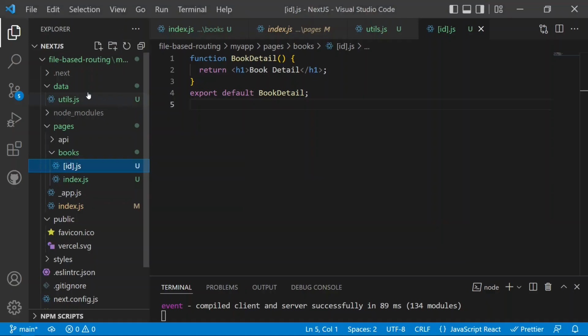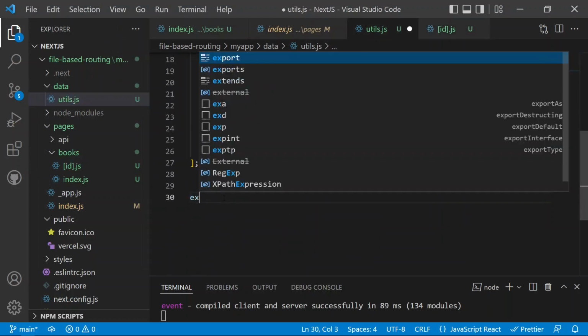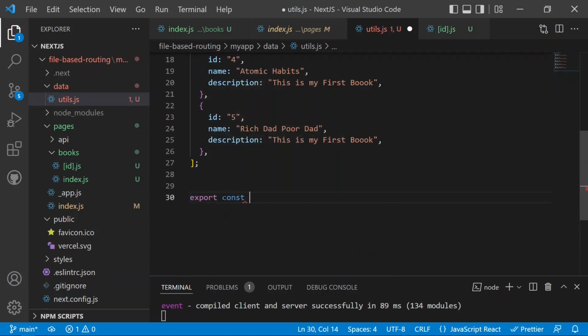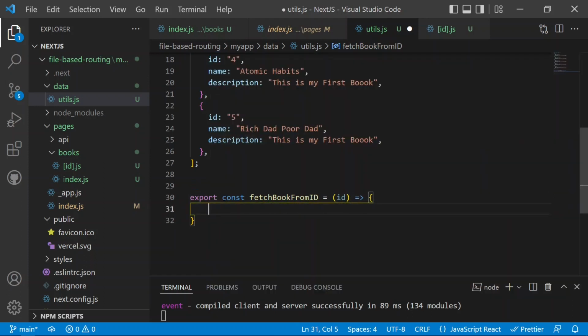For that, we can move on to the utils and declare a new function here as an export. It will be a const, fetchBookFromID. This function will contain the ID as the parameter. After that, we will return the books. So we can have a const fetchedBook